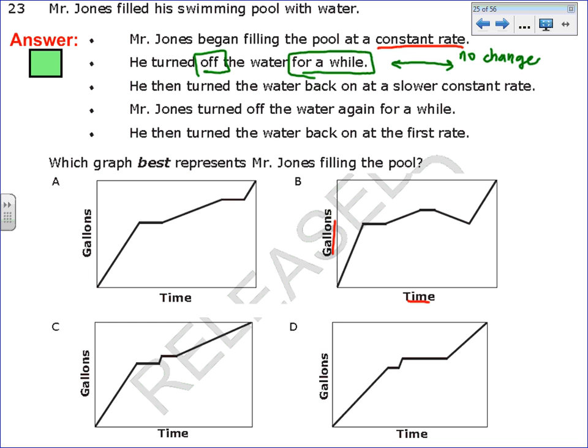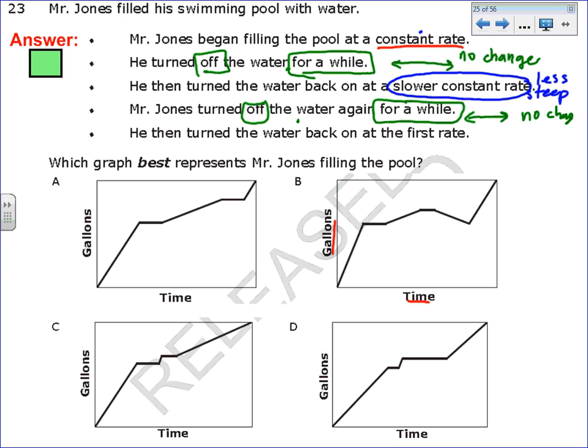So then he turned the water back on at what? A slower constant rate. So that means that this needs to be less steep than wherever I started, up here at the constant rate. The next thing says that he turned the water off, what? For a while. So for the same amount of time that he turned the water off up here, he turned the water off up here. So again, that's going to be flat with no change. Then he turned the water back on at the first rate. Okay? Turns the water back on at the first rate. So this needs to match the steepness of the first one, where I start. So when I'm looking at these graphs,